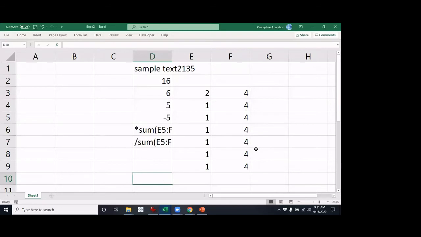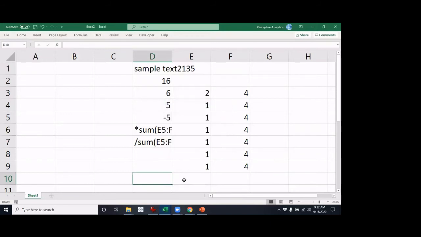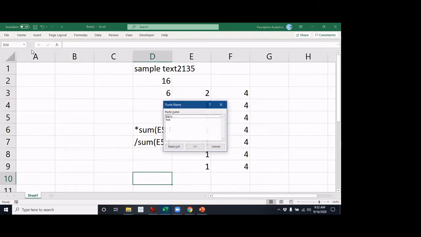Okay, there is one more thing I would like to tell you, which is there is a shortcut to insert function, and that is F3. Oh, sorry, my mistake. F3 is for this one. I thought F3 is for insert formula, my apologies. F3 is for insert a name. But that's a good thing that you guys can know. Insert name, you can paste a name using this one. Okay, exit this.